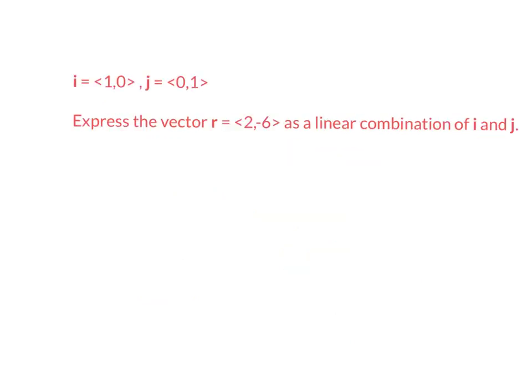All right. New notation: when you see vector i and vector j, vector i is just <1, 0>, vector j is <0, 1>. This is a different notation for the same thing. If they give you a vector in component form, like <2, -6> is vector r, you can also write that as 2 times vector i minus 6 times vector j. This notation right here is exactly the same thing as that, written just a little bit differently,